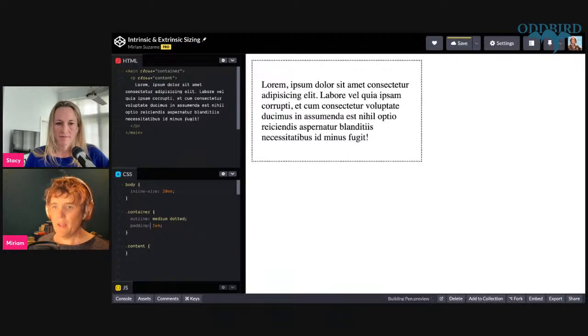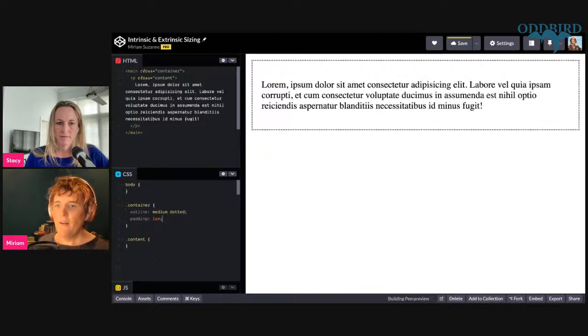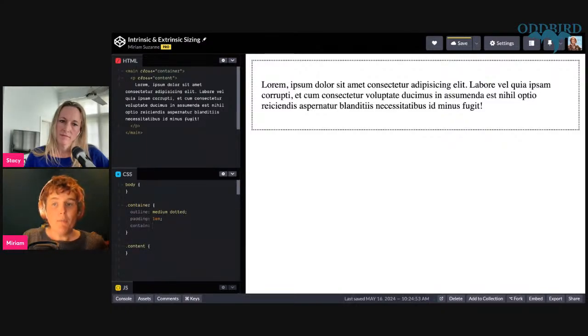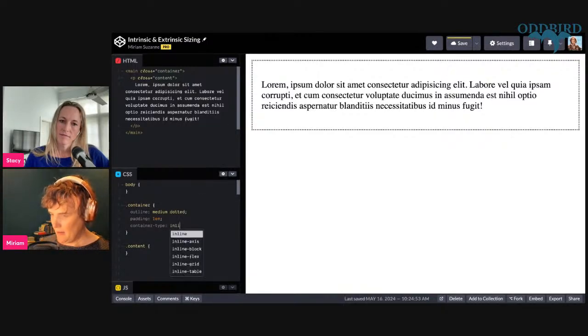And what's actually happening in your demo is the same thing. We don't need this. But if we say that the container, we contain, now when we apply container type, which is what you did, container type inline size,